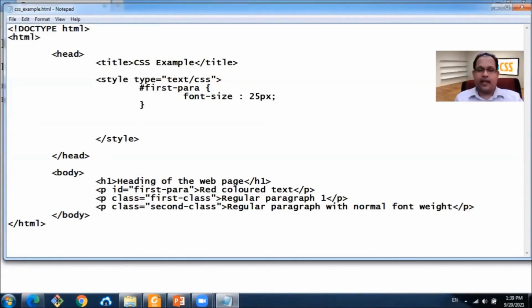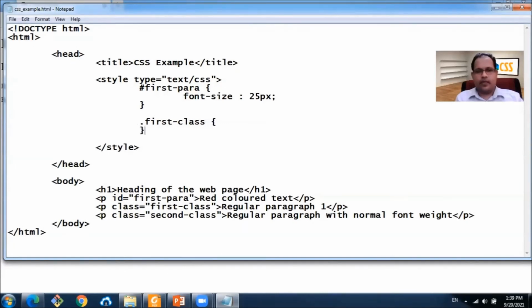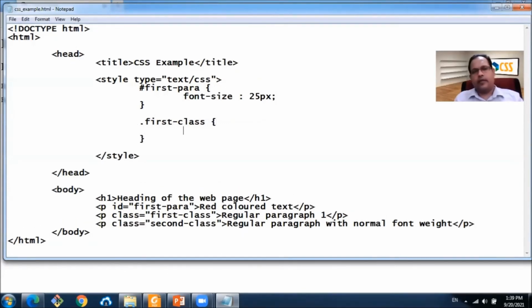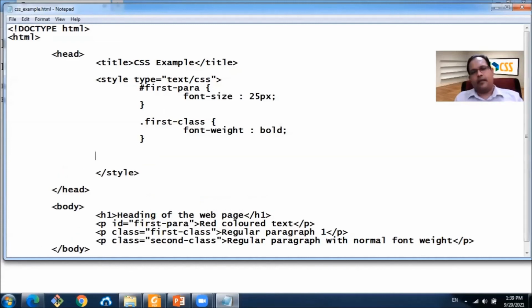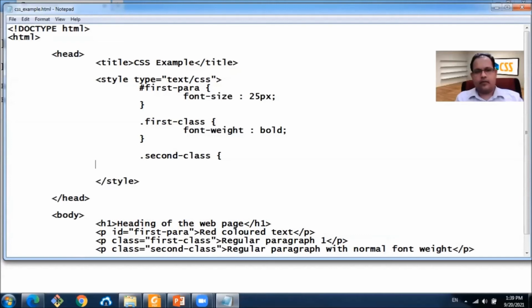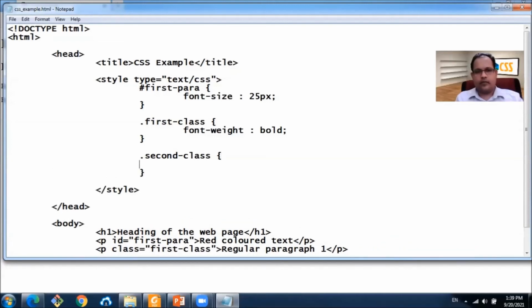In order to select a class, we specify the dot character and then the class name, first class. Right. What shall we do with it? Let's make the font bold. Right. For the second class, let's make the font blue color.